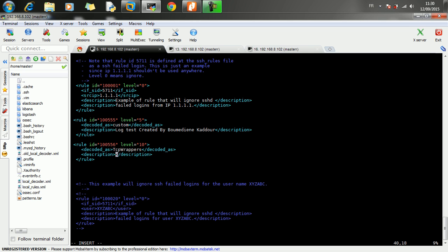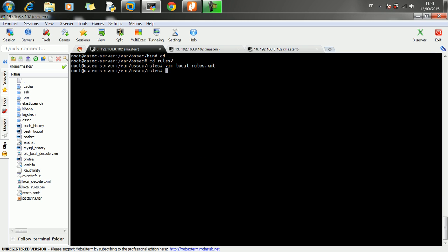TCP wrappers reported a policy violation. That's quite simple. TCP wrappers reported a policy violation. That's it. Now, if we go back to our bin directory and execute the OSSEC log test,